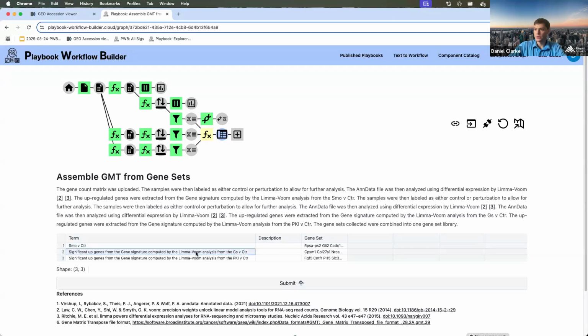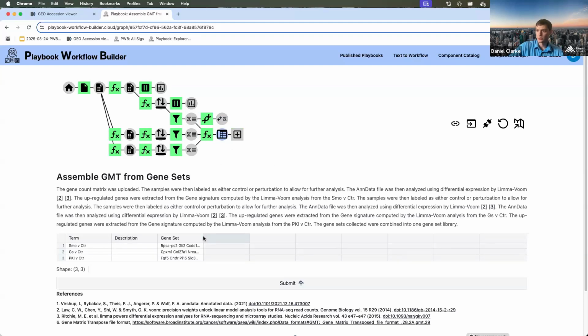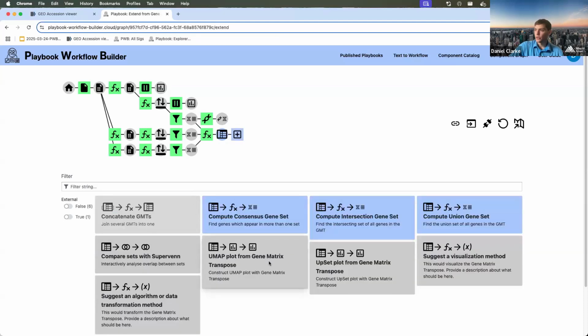But basically, it has the whole provenance in the description of these terms. So let's rename them. And now with this gene matrix transpose, which has these upregulated genes from these three different comparisons, we can actually